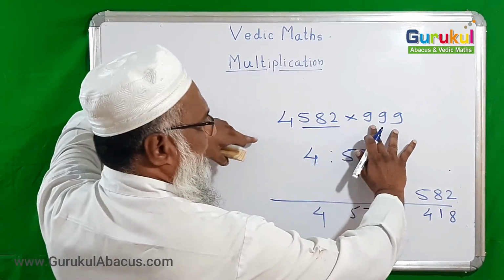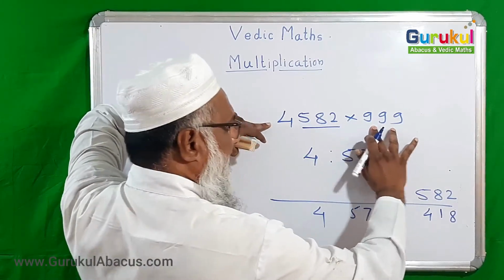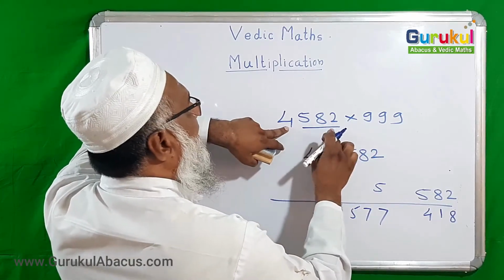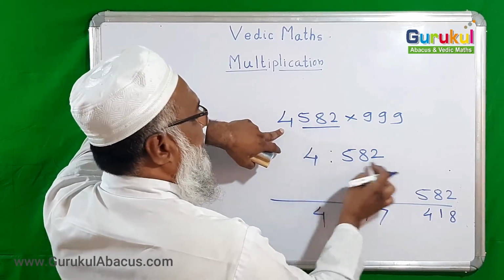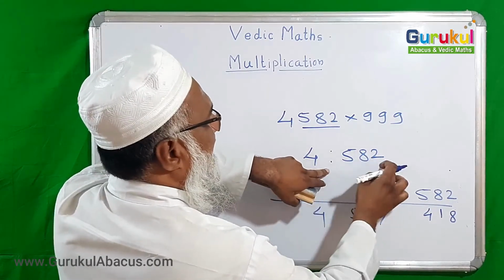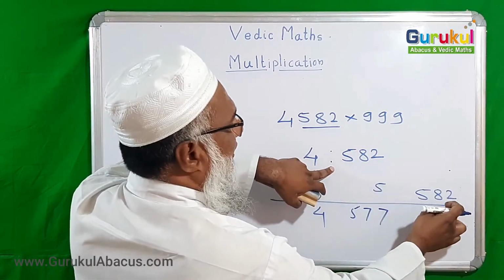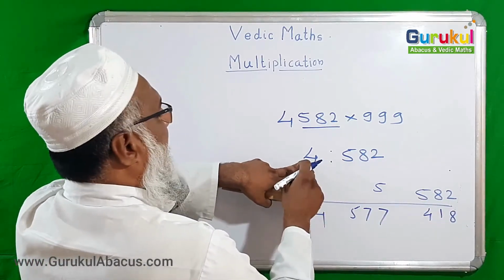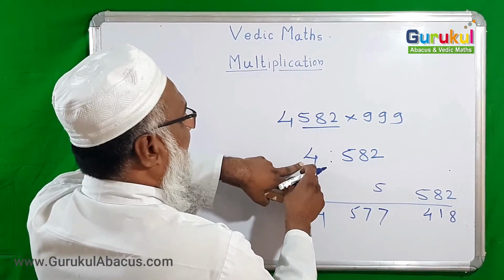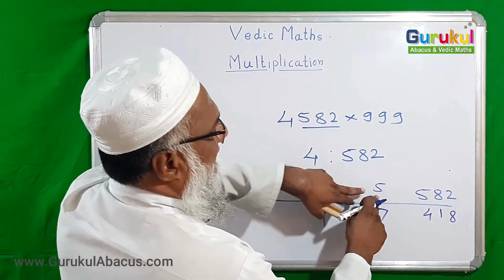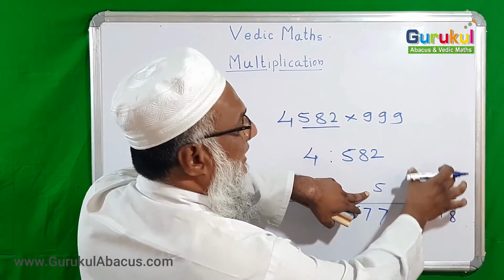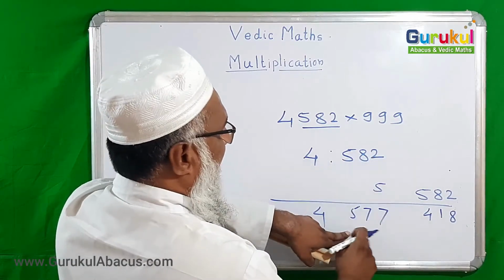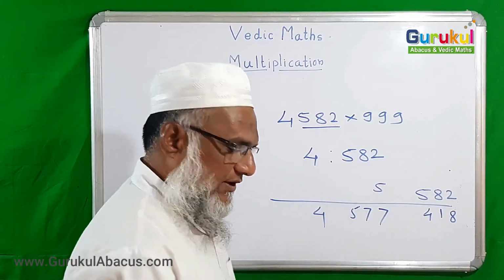This greatest number was 3 digits, it had 4 digits, so after the colon we put those 3 digits from this number. It was 582. That 582 again we wrote here, and here on the left of the colon 4 is left, so 4 added 1 in that, so became 5, and that 5 I wrote here. Then this we subtracted from 1000, we got this, and then this 5 we subtracted from 582, we got 577, and that 4 as it is we wrote here.